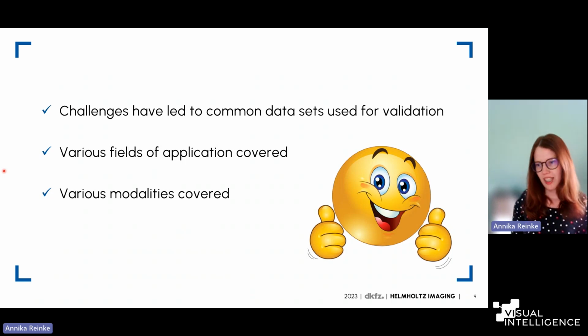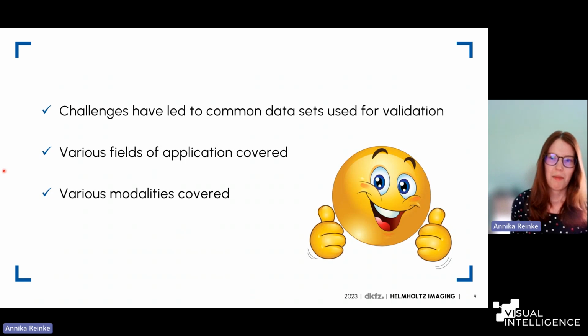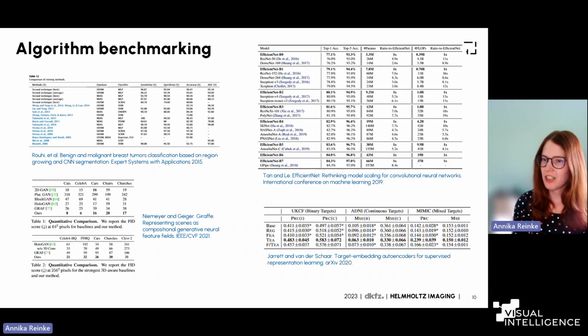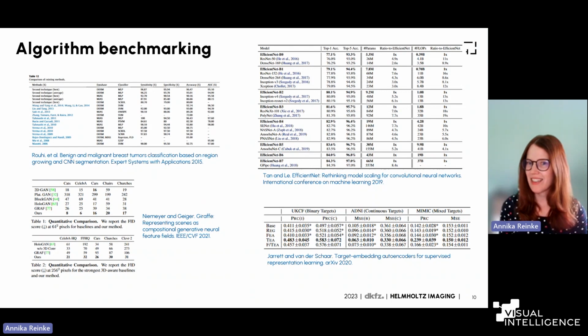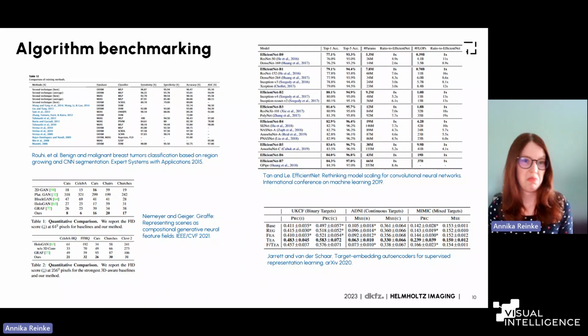And before I go into detail, I just wanted to mention, I will talk a lot about challenges today. But if we think of how we're actually doing algorithm benchmarking in papers, it's basically the same thing. When you look at different papers, all of them will compare their new method to state-of-the-art methods, to other methods in the field. So they're basically conducting a mini challenge because they have a fair comparison, hopefully at least. They create rankings and compare themselves against others.